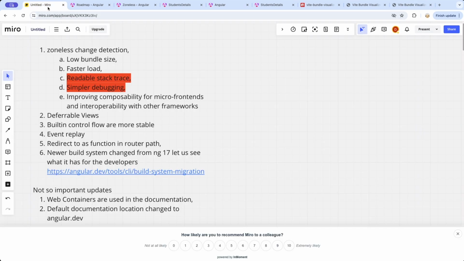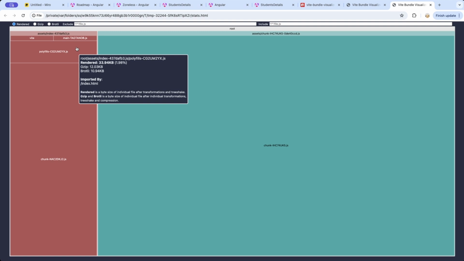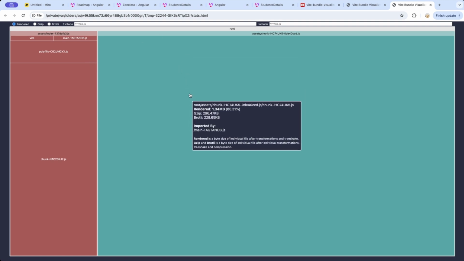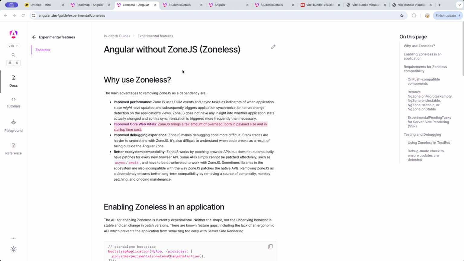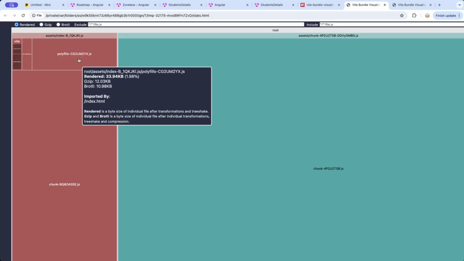So the claim for Angular that the bundle size is lower doesn't really come out to be true, right? It is also because at this moment it is an experimental feature. I'm assuming that they will probably have to ship all the files related to the Zone.js library and also the non-Zone.js based change detection. Probably that's the reason why the bundle size is a little bit higher. But once this becomes a live feature and is properly available without having to do any setting, the bundle size would probably be lower. But unfortunately, at this moment, when you run it in the manner it is recommended right now, as you can see, the bundle size is coming out to be a little higher